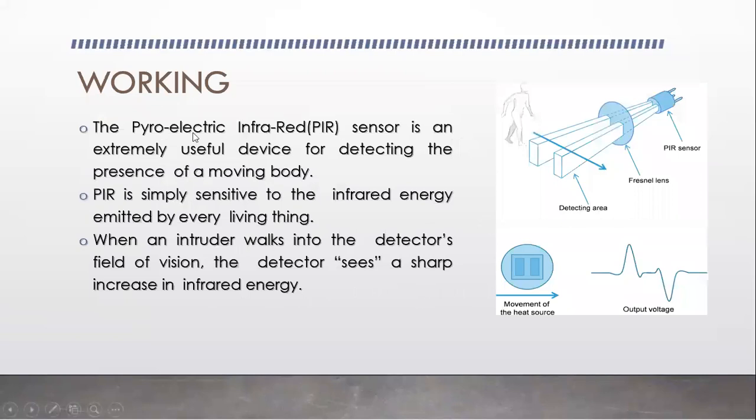Okay, so, guys, here it is just telling about the working. Whenever it detects a human, that is, if it detects some infrared radiation in this range, it would just give some high pulse. Okay, here you could see. So this is a PIR sensor.